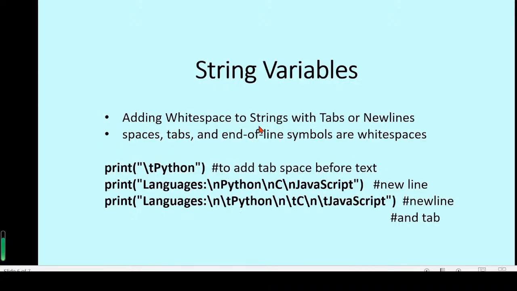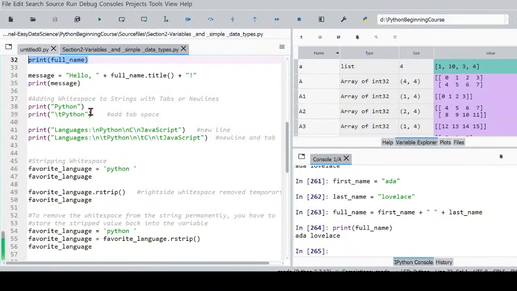Adding white space to strings with tabs or new lines. So space, tabs and end of line symbols are called white spaces. So you can print \t means tab, add a tab space before text. Then you can print also with \n new line. And you can combine \n and \t. So